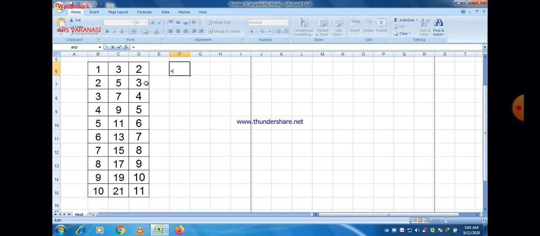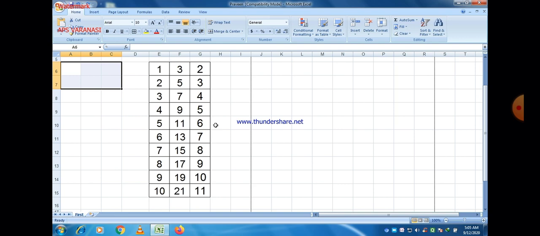Suppose I want to add 2 numbers, then I just give the cell address. Where you click in your worksheet, that cell is selected. So I select here B6, then press the plus button, and then another, D6, and after that you must click the tab button.